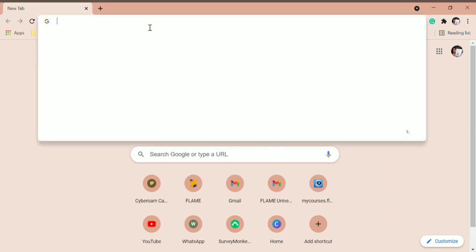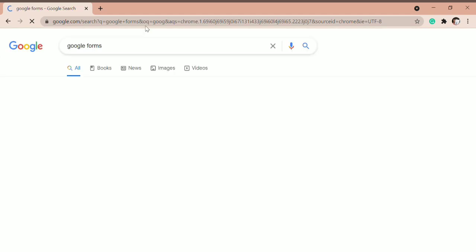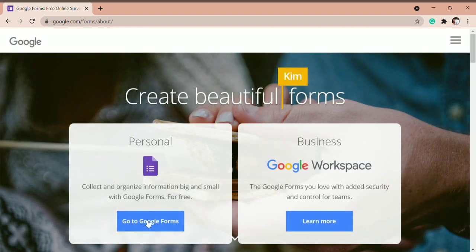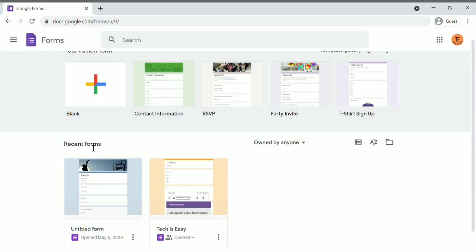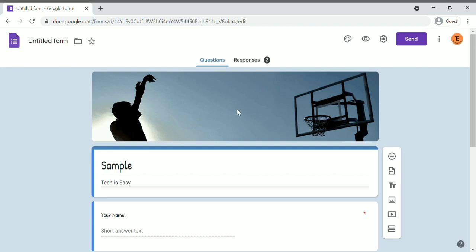First, I'm quickly just going to open Google Forms. This is the same method. Just click on Go to Google Forms, and under Recent Forms, you've got to select the form in which you want to add a timer. I've selected this form, and now to add a timer, you've got to click on the three dots on the top right over here. So click on that,